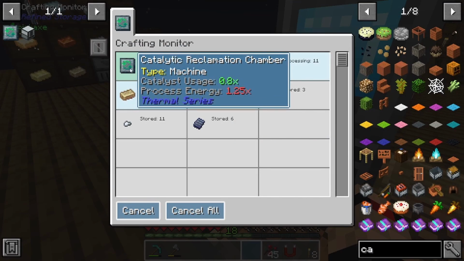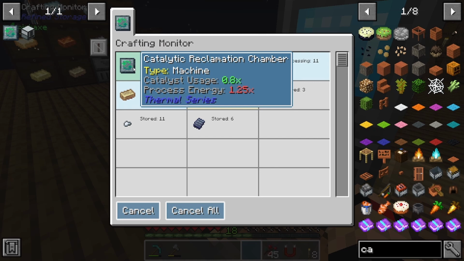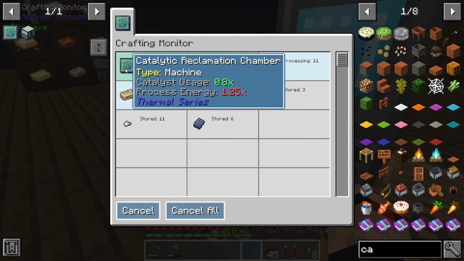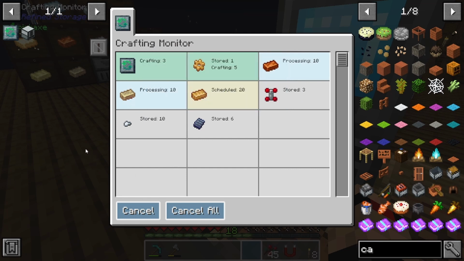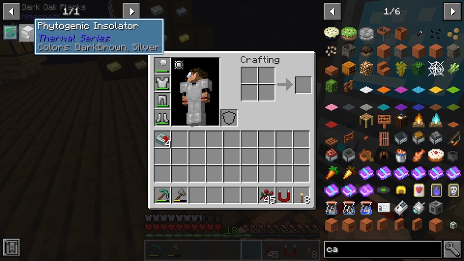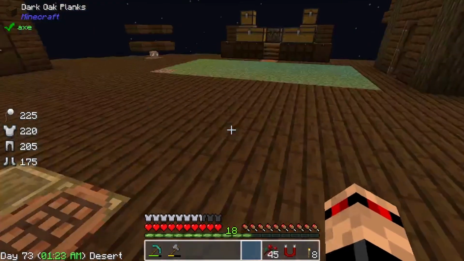So I taught it to our system, this catalytic reclamation chamber, this thing, which I don't think I explained what it does. Basically it takes the seed that you put in this thing, and it just keeps the seed in there. Or actually, I think what it does is it pulls the seed out, puts it in the output, and then pulls it back into the input, if you know what I mean. So